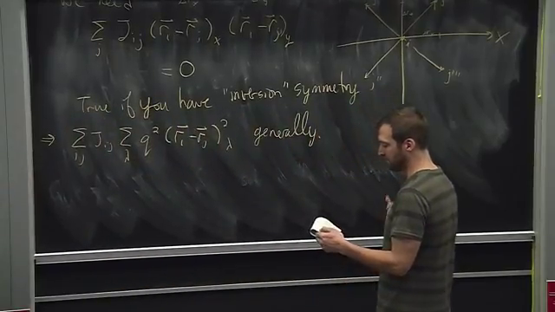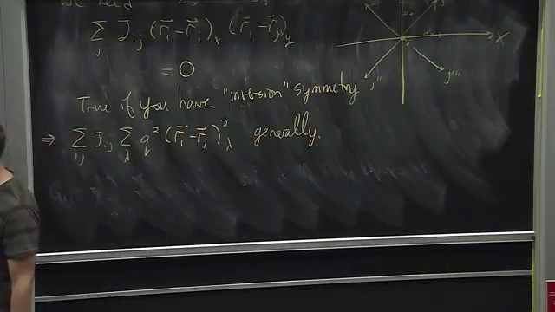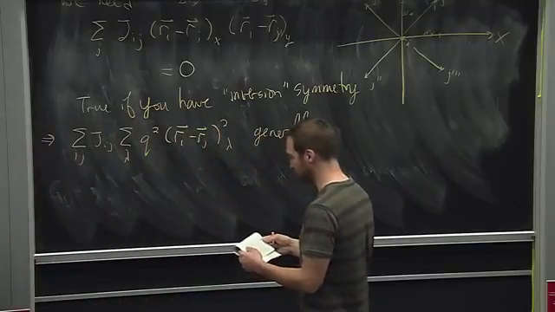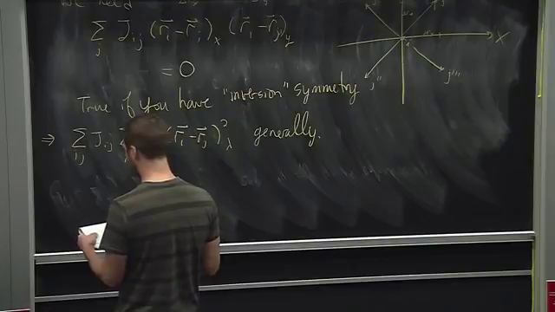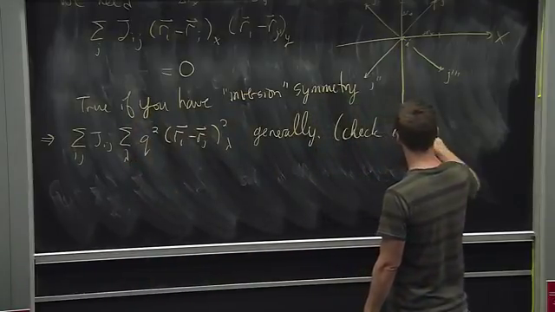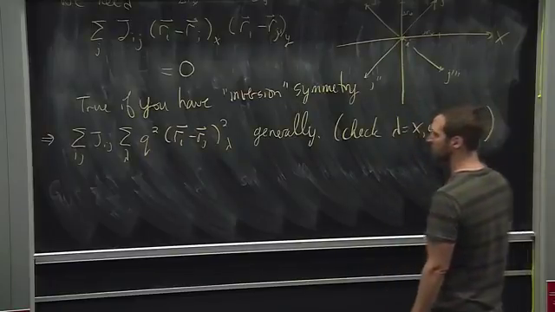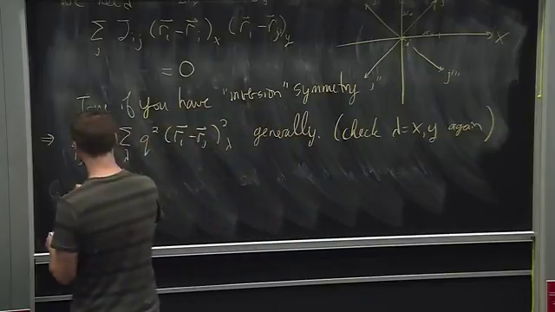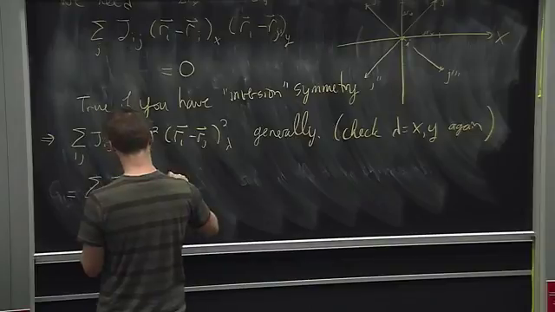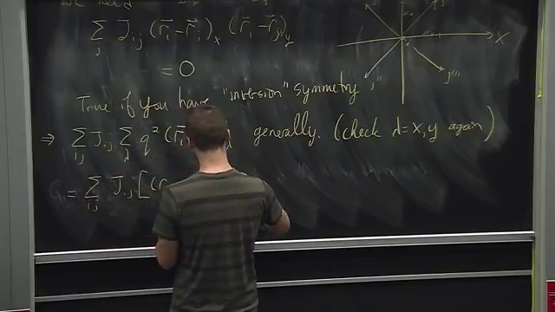So then the next step, if I wanted to convince myself that I could write this in terms of this, I might just write this out in a couple dimensions too. So say lambda for x and y. Which means that this thing would just be x squared qx squared